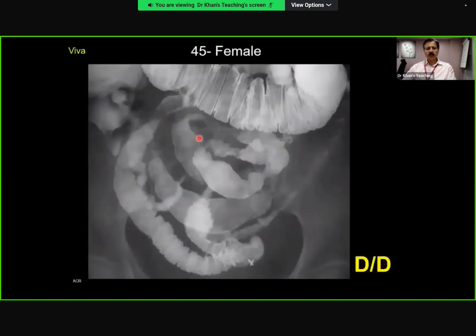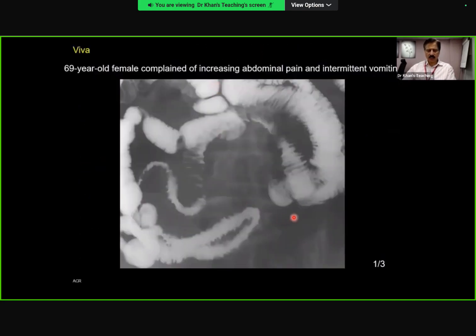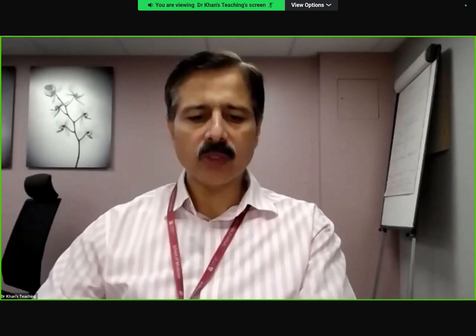Now, please remember that if you see thickened loop, long segment, and things like that, lymphoma is in the differential. Now, what is happening? The lymphoma is sitting in the mesentery, and from the mesentery, it is going into the adjacent loops, and it will cause this thickening and all those things. Now, you did well where you wanted to rule out a carcinoid. But the point is that